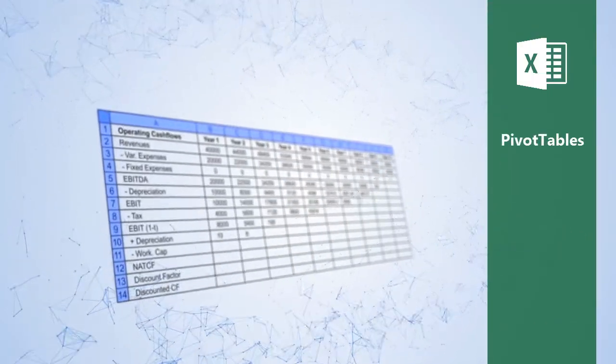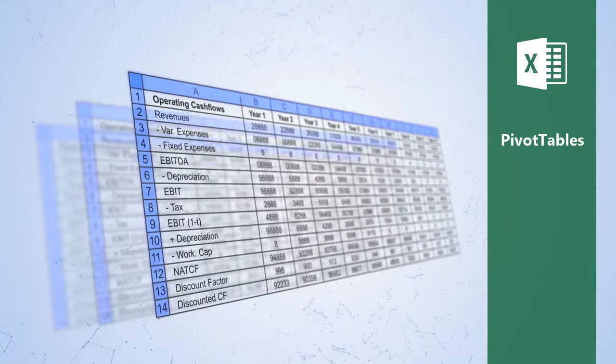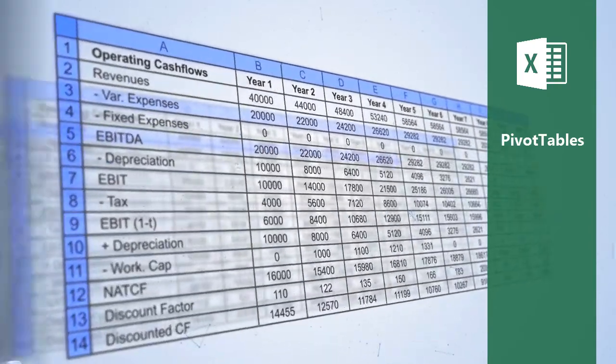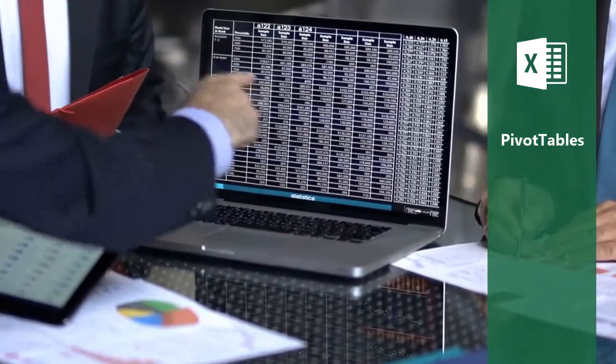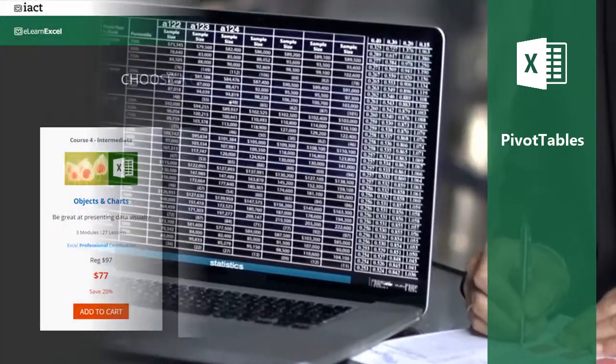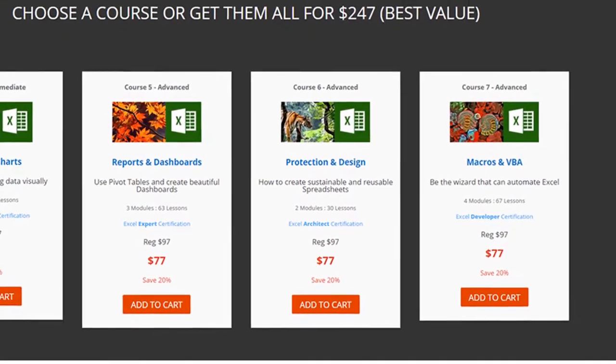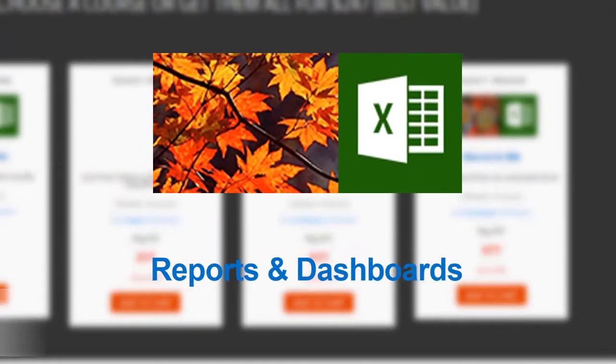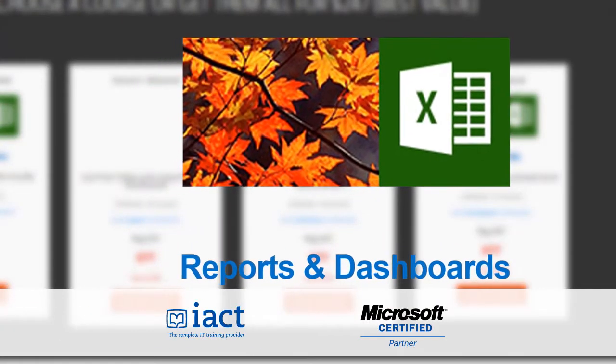Have you heard the word pivot table and always wondered what they can really do for you? Have you seen pivot tables created by others and wished that you were able to edit them or build your own? If so, then our Excel 2016 Spotlight on Pivot Tables course with me, Fiona Hannon, certified trainer, is the